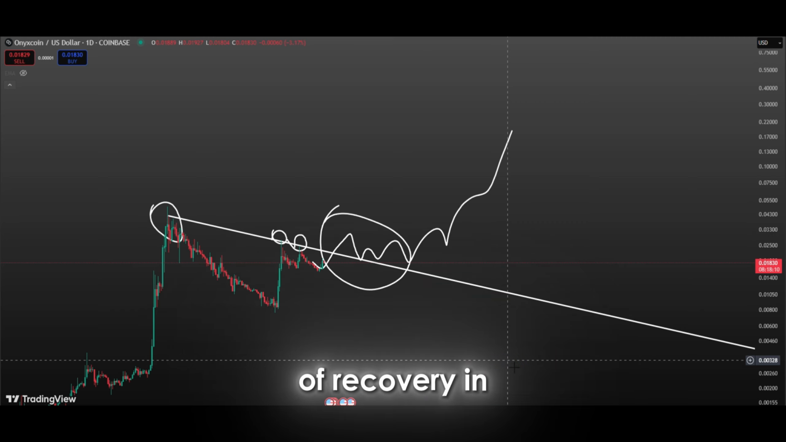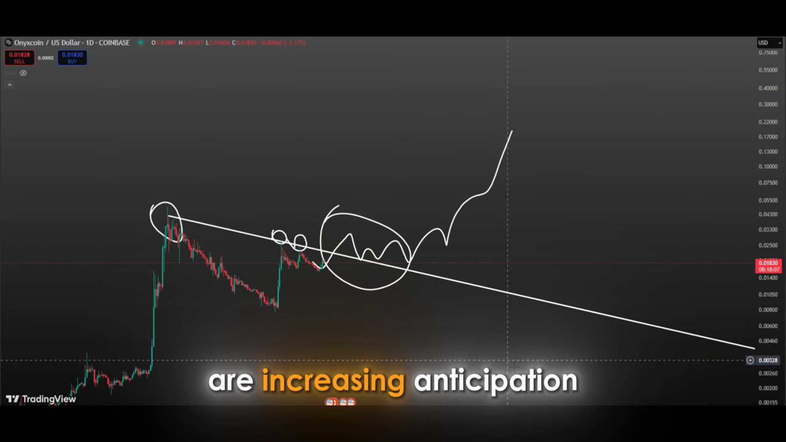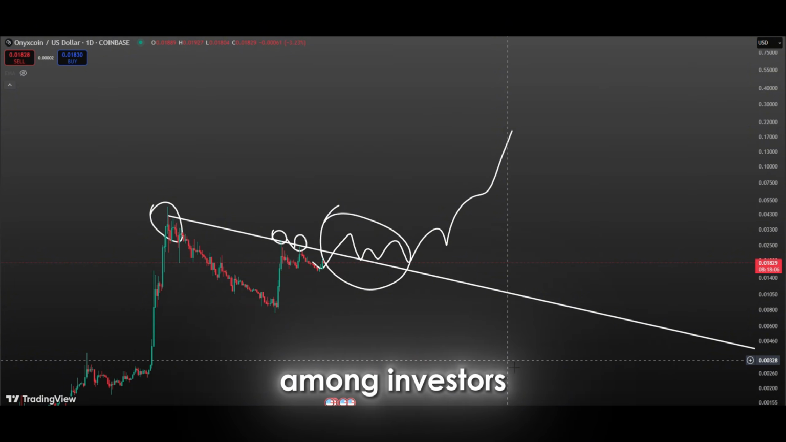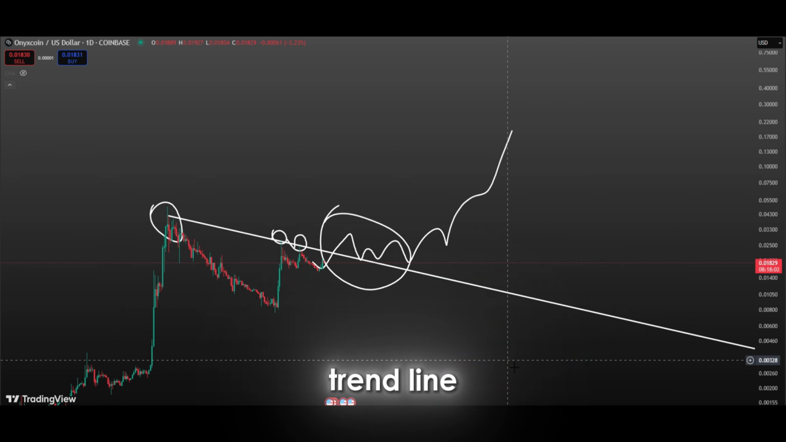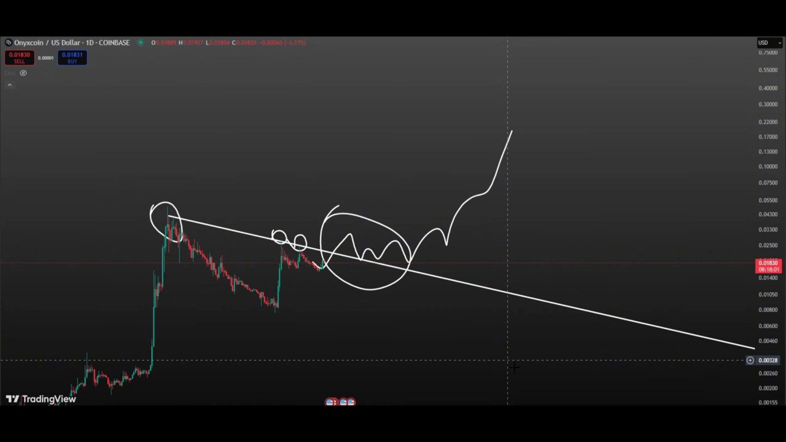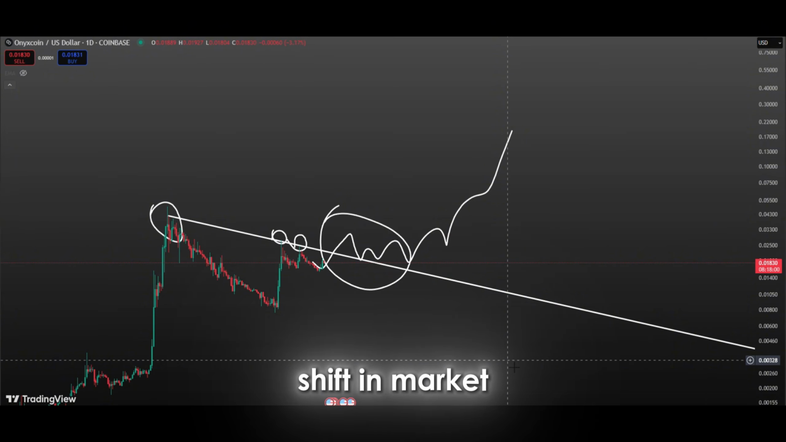The current signs of recovery in the market structure and the price's approach to this critical resistance line are increasing anticipation among investors. If strong buying pressure emerges at this level, and the price manages to close above the descending trend line on a daily or weekly basis, it would likely trigger a significant shift in market sentiment. If the price then retests this line and confirms it as support, the area could serve as a strong foundation